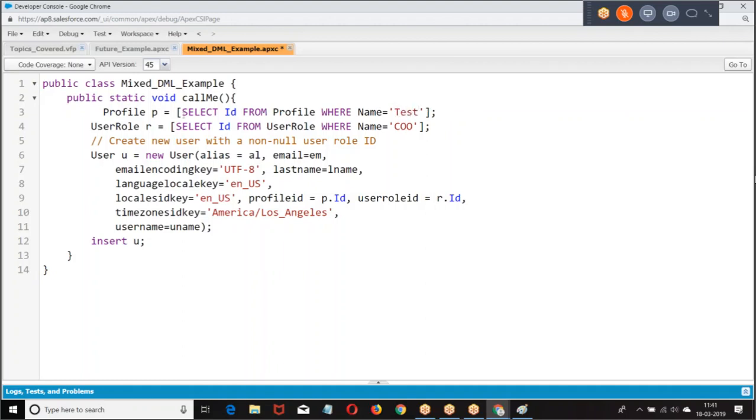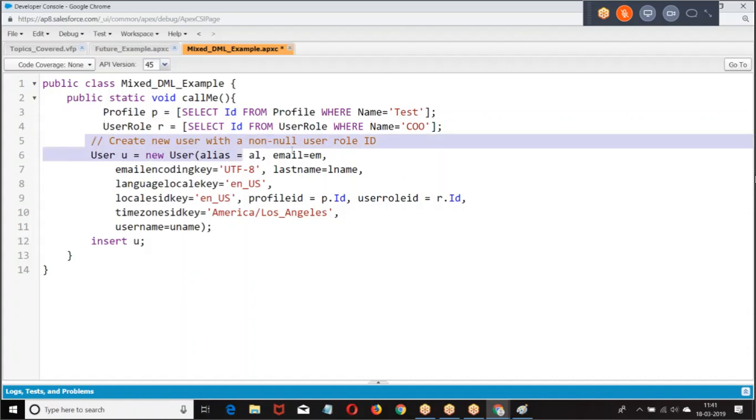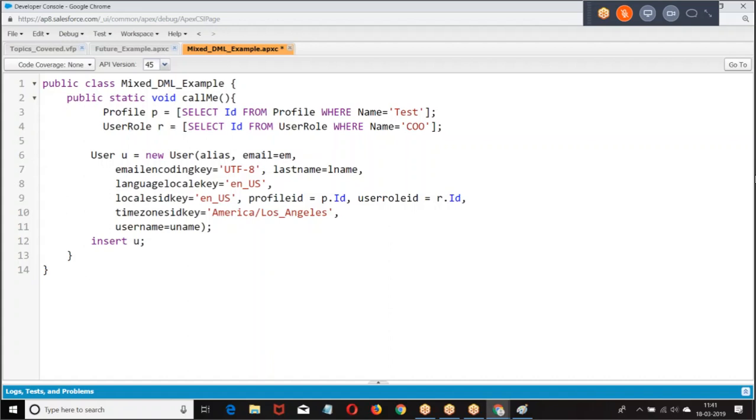Write a query, get the profile, get the role, trying to create a user, alias, email, then profile ID, username.